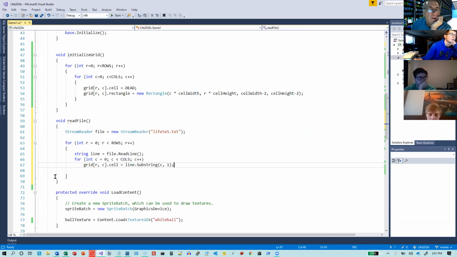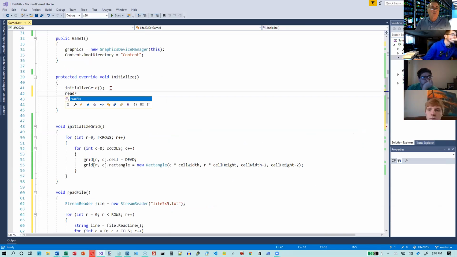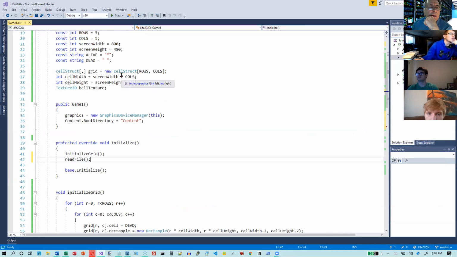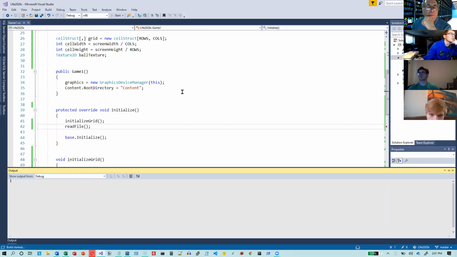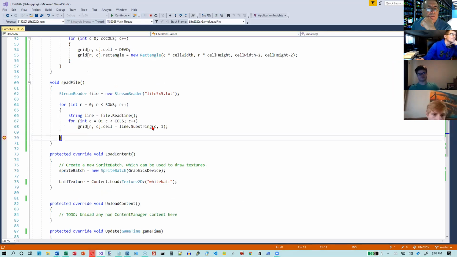So copy that 5x5 file into your folder and put a breakpoint on read file. We better call read file though, otherwise nothing's going to happen. And did I allocate the memory for it? I did up here. Okay, so we're good. So I'm going to try to run it, and I'm going to pause it at the end of each line, and if I look at my grid,